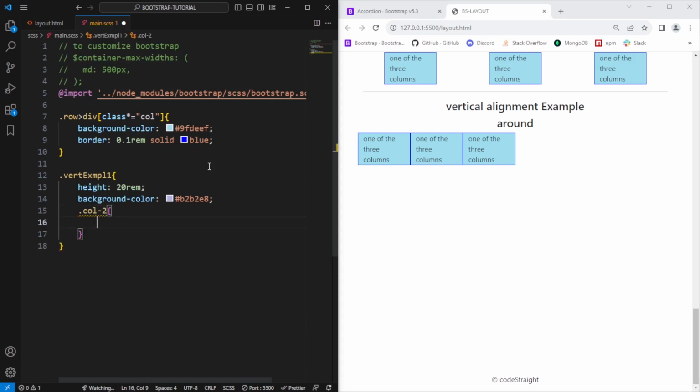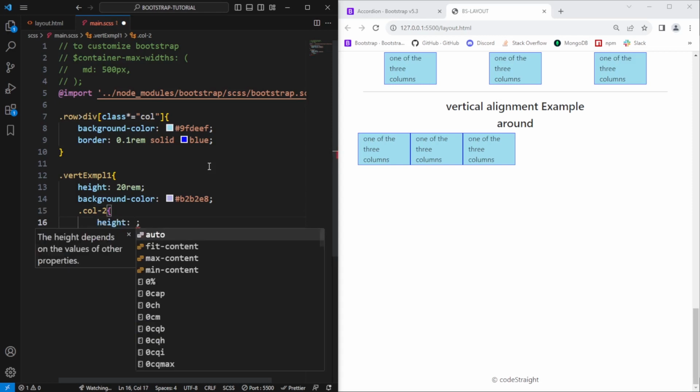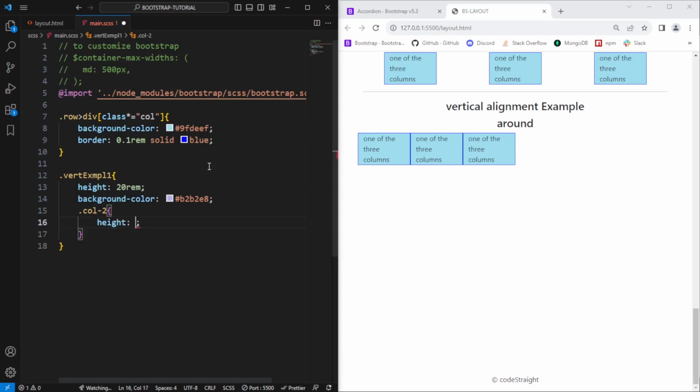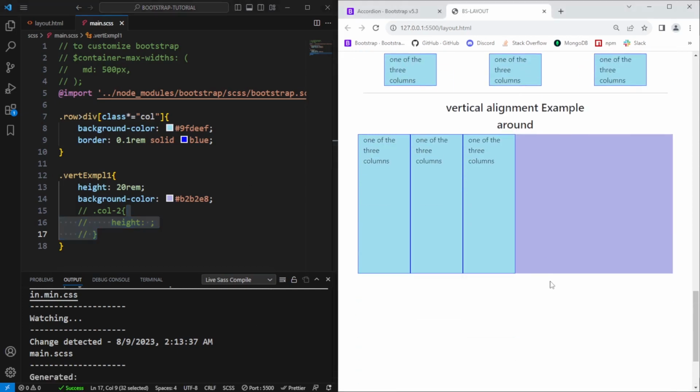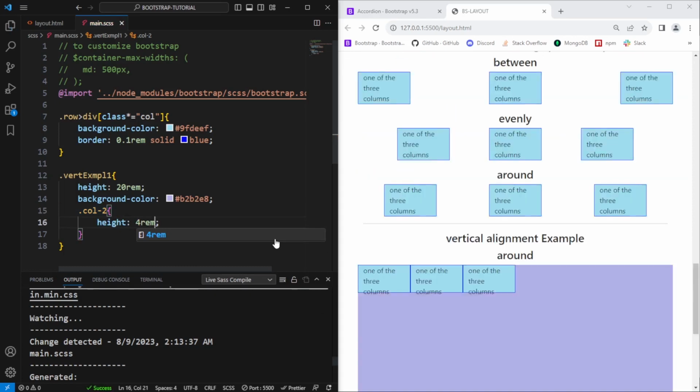-2 and define some styling for these columns. Say height would be, let me show you why I added this dot col here. Let's hit save and see what we have. All right, so that adds some height here, but that also stretches our columns. To fix this, we can select all of the columns and give the height to our columns as well, 4rem. Say hit save, and all right,